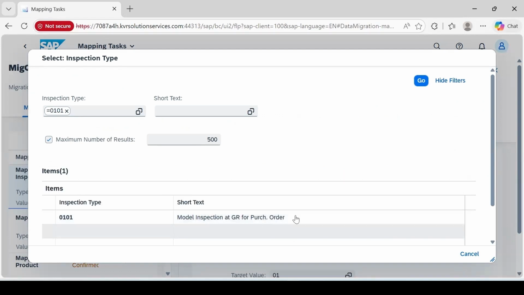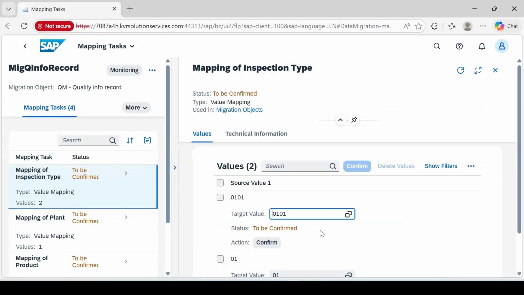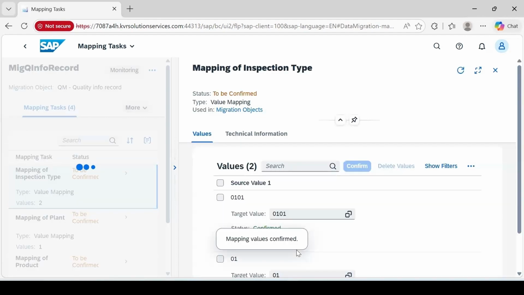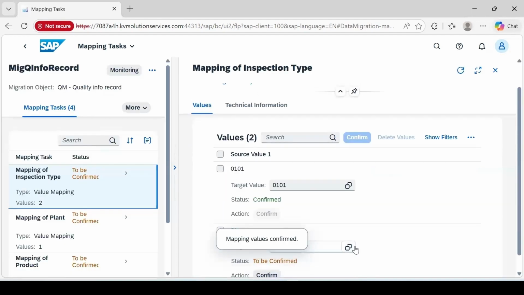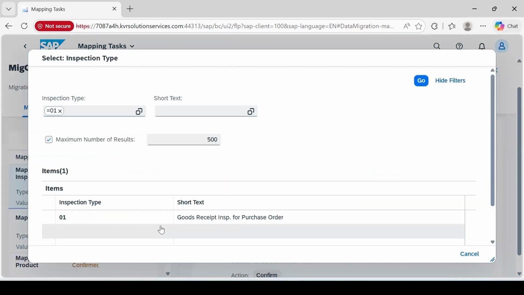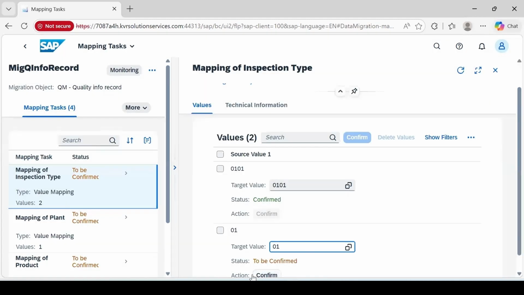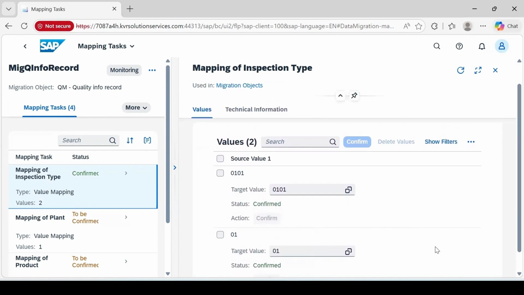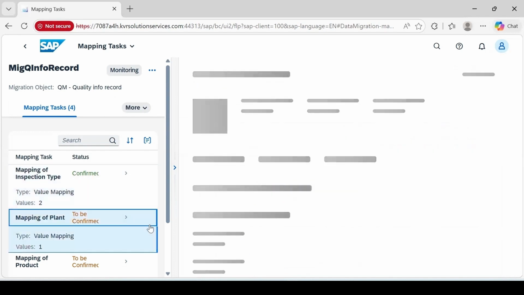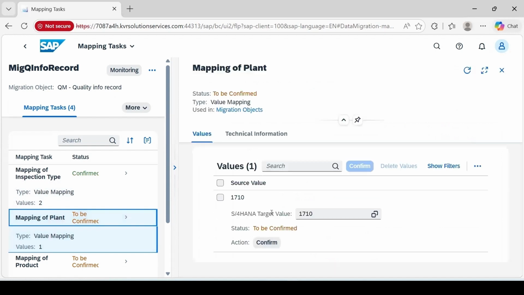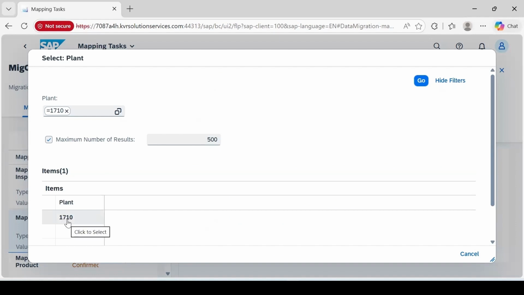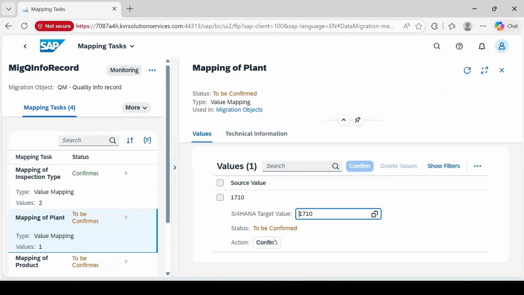Okay, so it is model inspection at the GR. Okay, so that it is, confirm it. You can confirm similarly for other fields also, like 01 is for good receipt inspection. Okay, click on mapping of plant, and the plant should be already present, which is 1710. Okay, click on confirm,